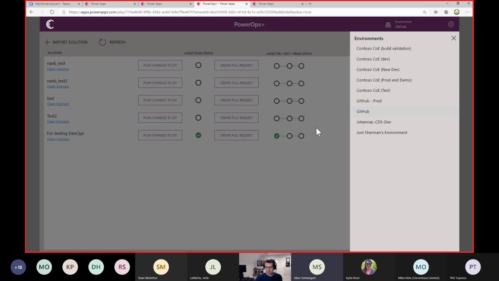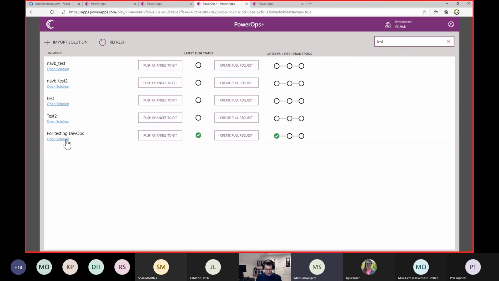So again, this tool has been written in a generic way, any environment, any unmanaged solution, for you to find the work that you want to do and start on it. And this is just a list of the unmanaged solutions in the environment. I can search through them, etc., and then I can go find the solution that I want to work on.